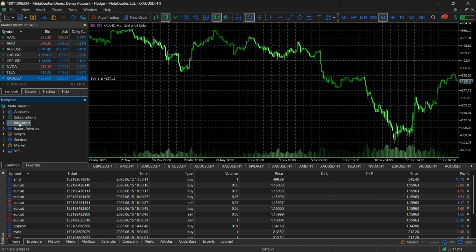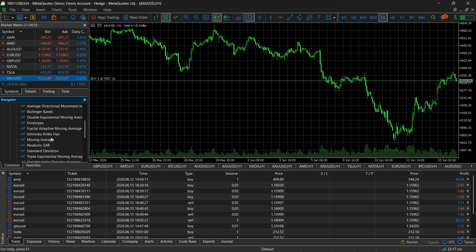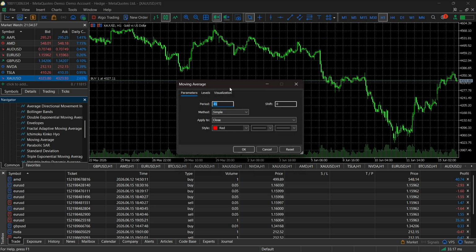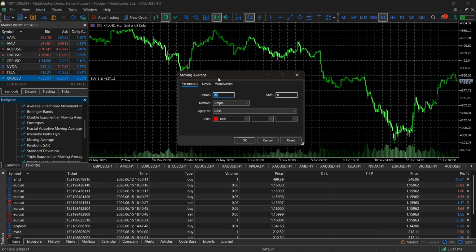Then you want to extend indicators by clicking on the arrow button or double clicking them, and then you want to extend the trend folder as well. Here, scroll down and find the moving average. So I have it over here. You want to double click on it, and then from here under parameters to get a 50 EMA, you want